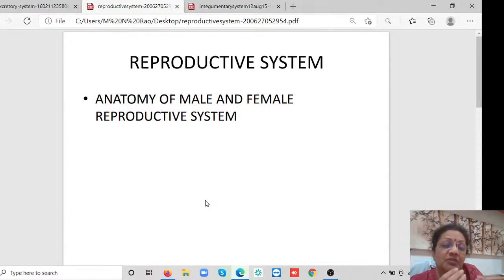And then suddenly, with the same raw material, with the same nascent tissues available, under the influence of the Y chromosome, it will take off and develop into the male reproductive system. And if there is no Y, then the default is it will take off and become the female reproductive system. It's quite fascinating. We will study that in embryology, and we will look at its final effect in the adult